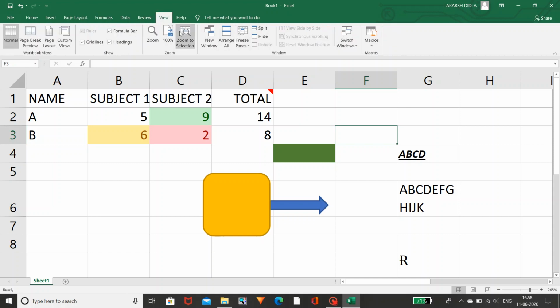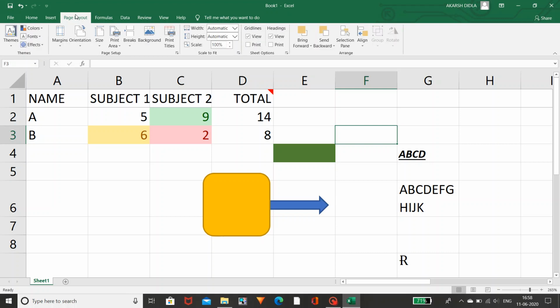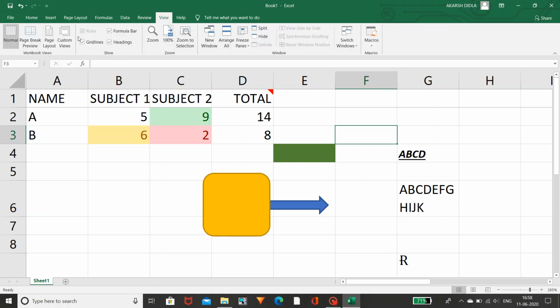So likewise, the view option is used if you want to open a new window. The view option and the page layout are a little bit similar. The page layout options are also in the view option. If you are having any doubts, you can place the cursor there and read it. This is the tip, or the suggestion, I am going to give to learn Excel well and properly.